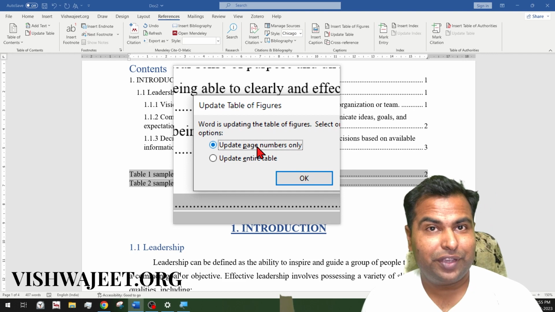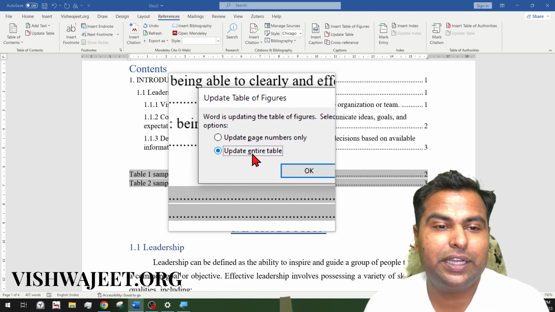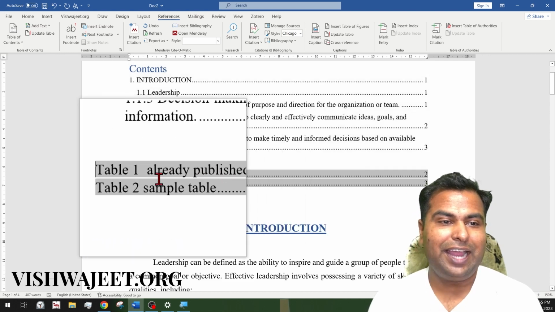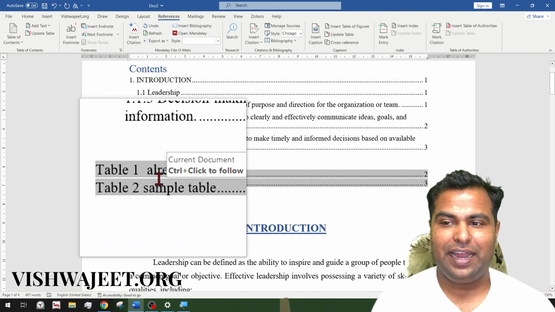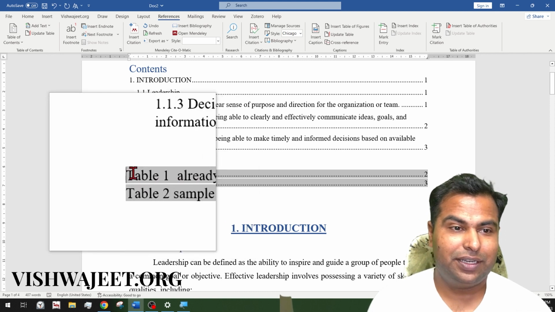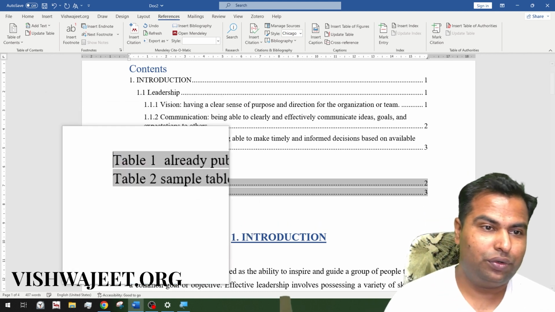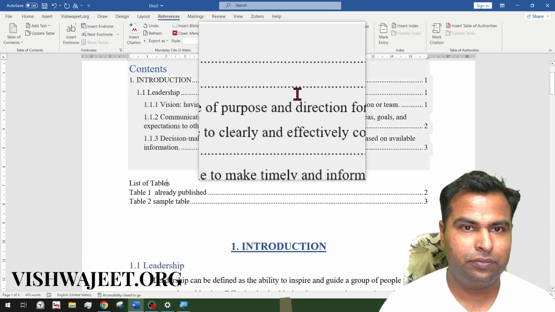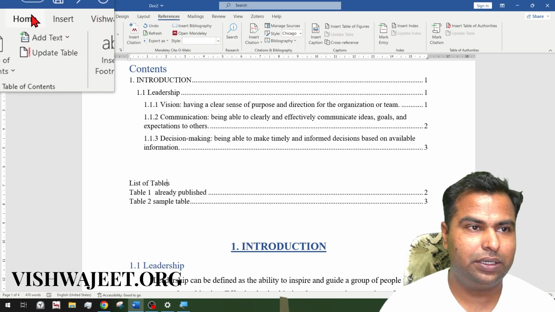The same notification will be here, and you just need to click on entire table and click OK, and you can see that your caption has been renamed in the list of tables as well. So we need to format it well. So list of tables, and this could be like